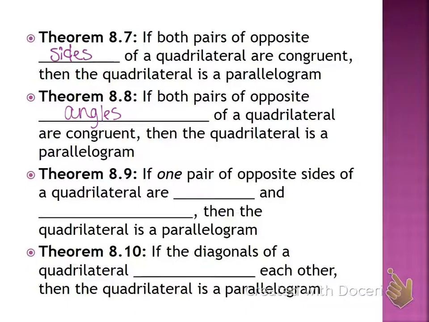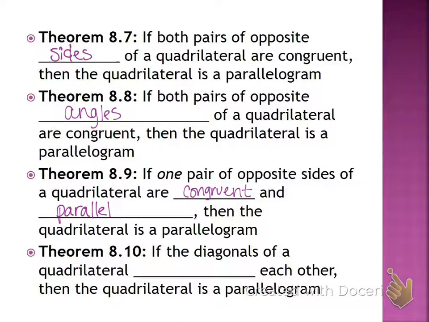The next one is not something we talked about yesterday. However, it was the situation we just had in that proof. We just proved theorem 8.9. If one pair of opposite sides are congruent and parallel at the same time, which was the given information on that proof we just did, one pair was both congruent and parallel, then it's going to be a parallelogram. We just proved why. If the diagonals of a quadrilateral,